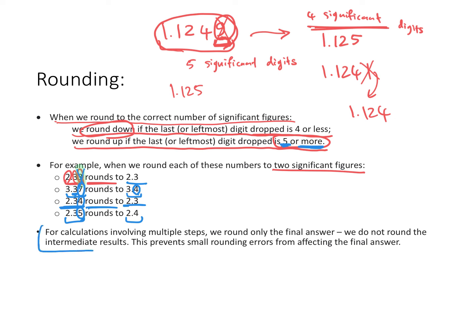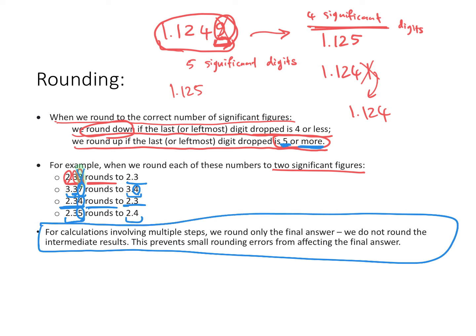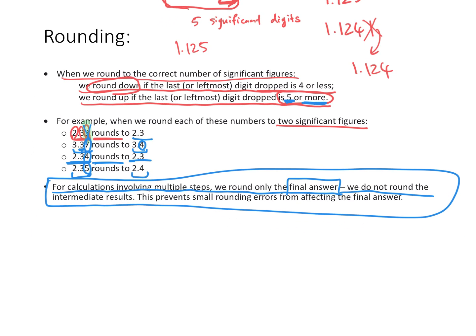And this is something really important, and I'm going to ask you in your quiz and homework and most probably your exam. For calculations involving multiple steps, we round only the final answer. We do not round the intermediate results. This prevents small rounding errors from affecting the final answer. So if you have multiple steps in your question, imagine we have 12.1 multiplied by 50.02, divided by